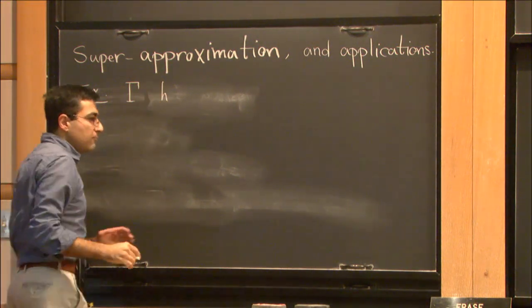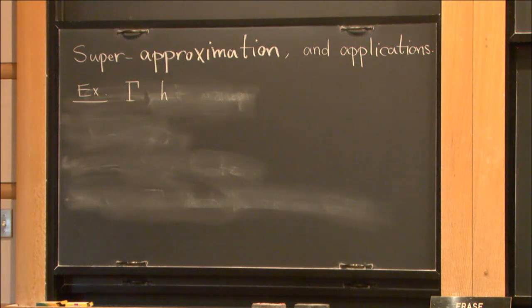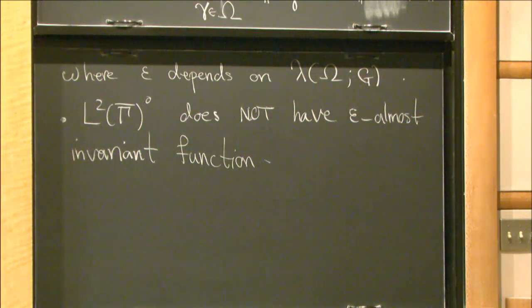So this means I'm forgetting about G at the moment. I'm saying if I start with gamma, if gamma has property T, I will tell you what it is, and you will see immediately that it's a cheating way of getting examples. Then you would get